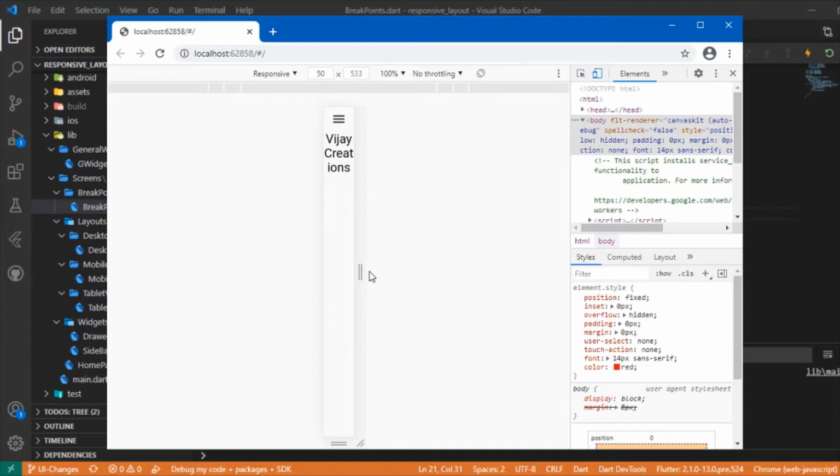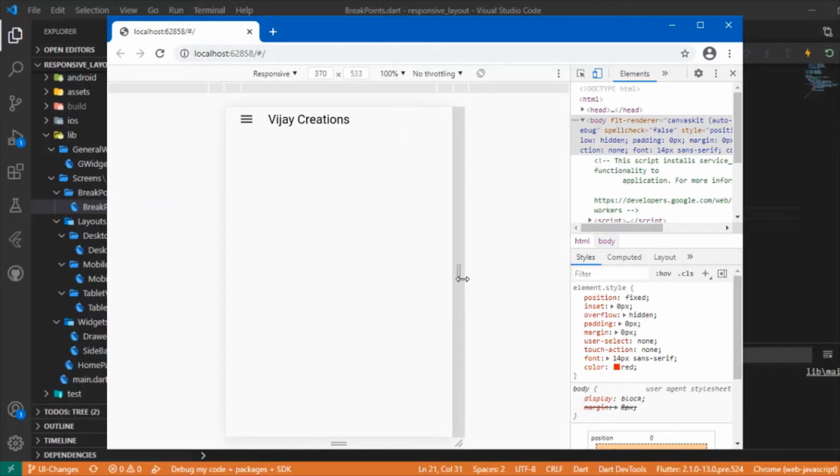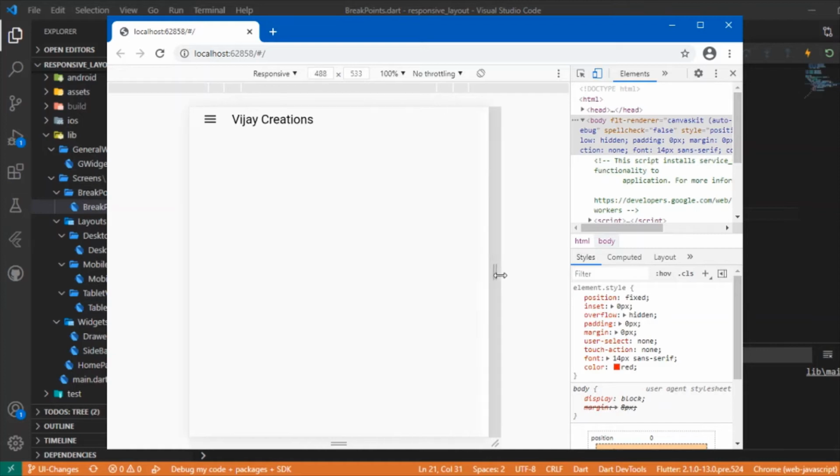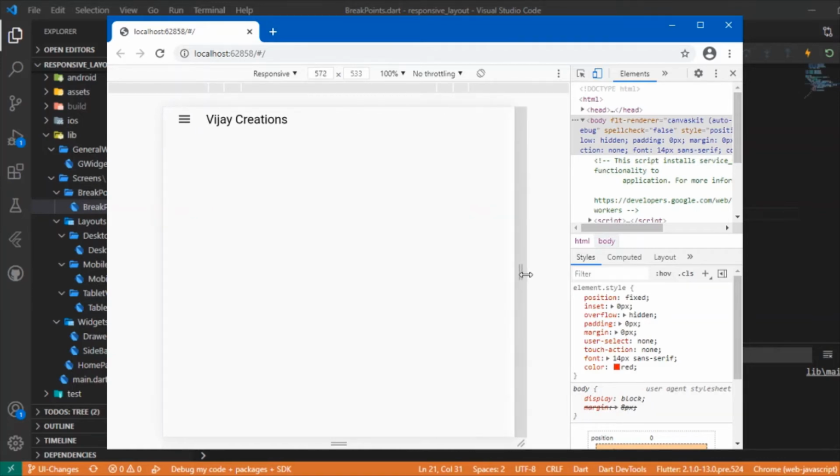So you won't get any padding or overflow error no matter what the width is. Even if the width is 50 pixels, you won't get any overflow or padding errors. This is what we will be discussing as the result of this video tutorial. Building a responsive app is the goal of this tutorial.